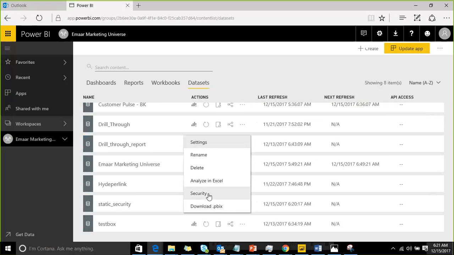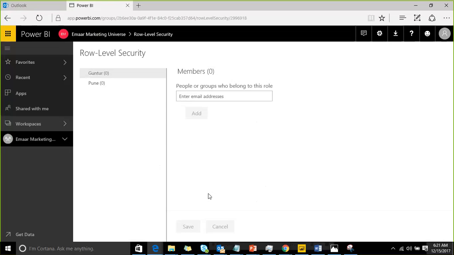Whenever you click on Security, it is showing that you created roles for Guntur and Pune, but you didn't add any users. Now you need to add the users.